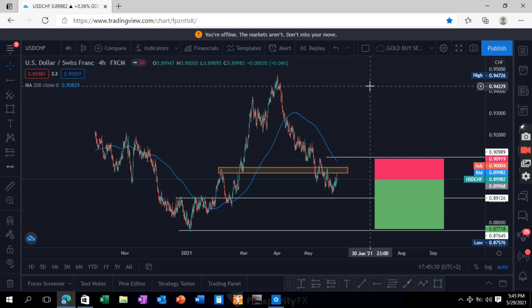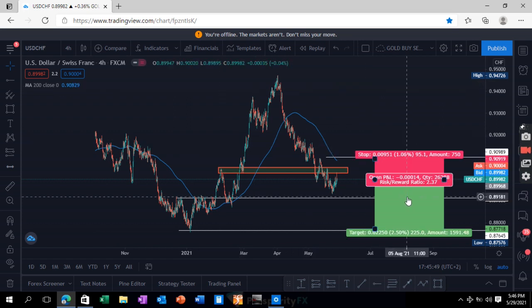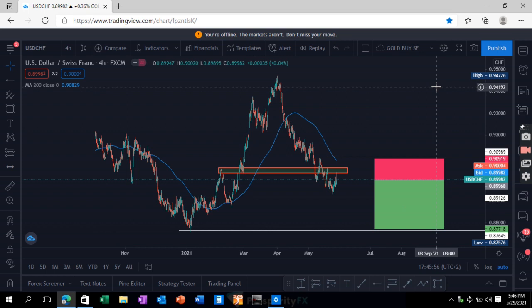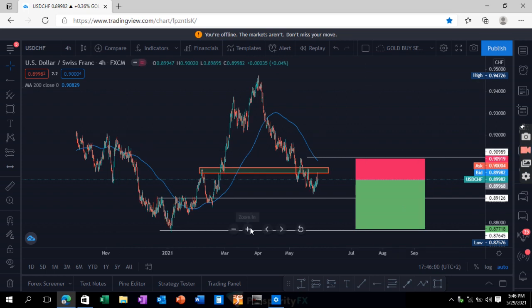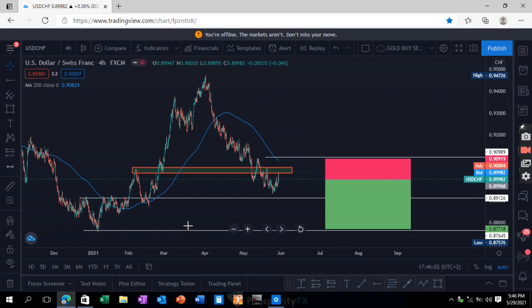Now, when price is either in an uptrend or downtrend, you don't really know where price may reverse from. Therefore, putting a take profit kind of limits you, and it may cost you. Okay, so something like this would be ideal for me. This is like a 1 to 2.3. It's not a bad trade, of course. It has a better risk reward ratio, but again, since this right now is in a short-term downtrend,